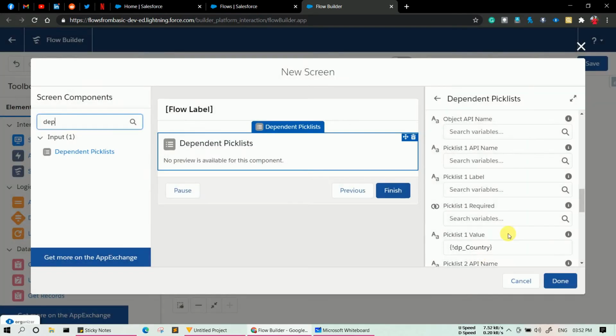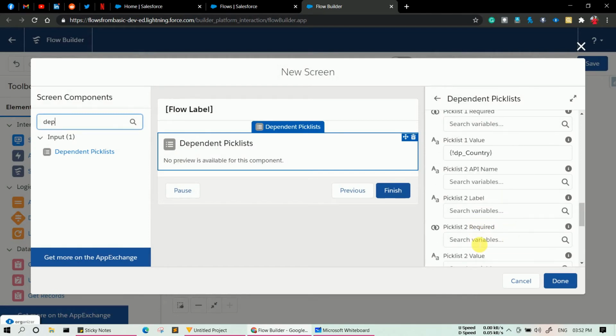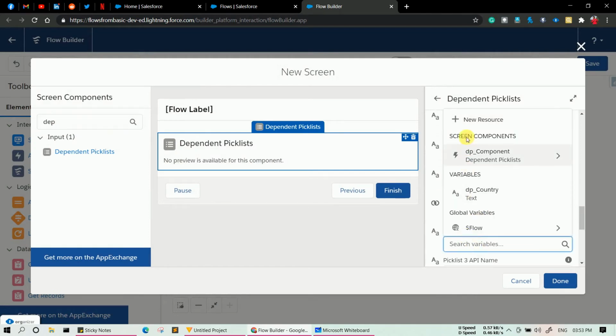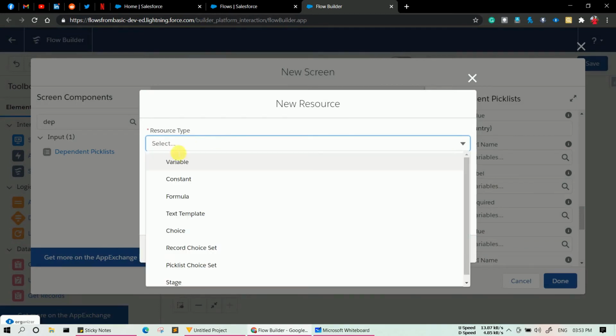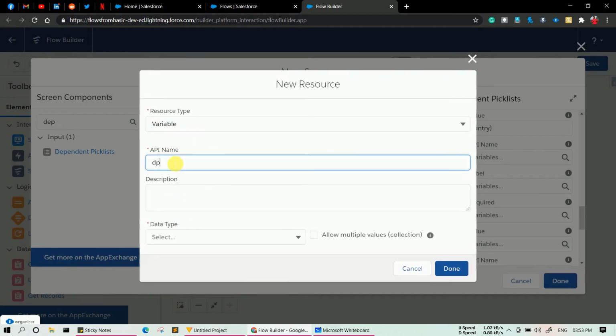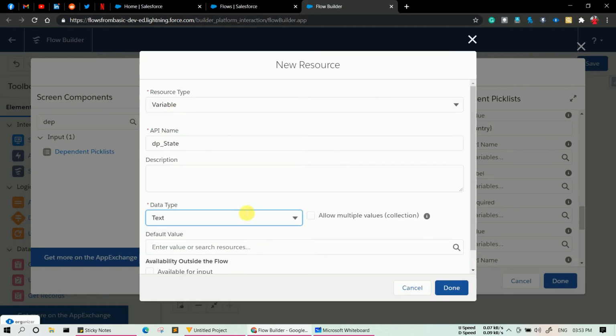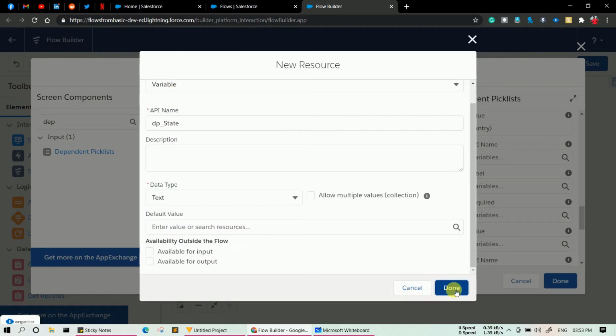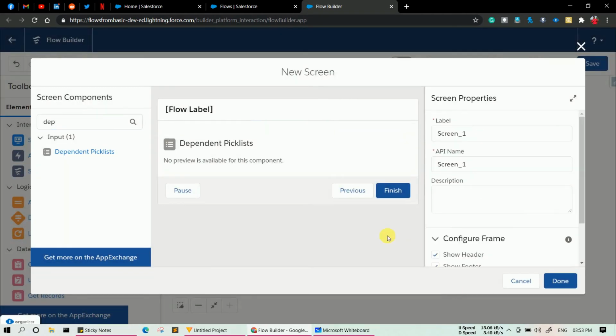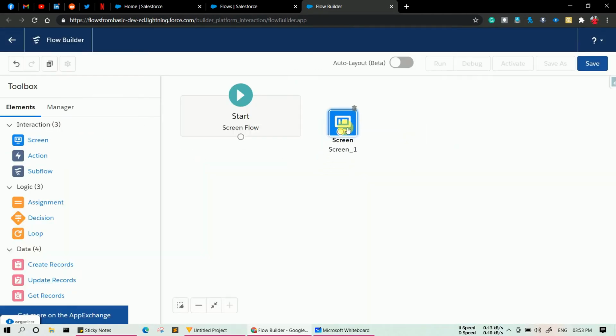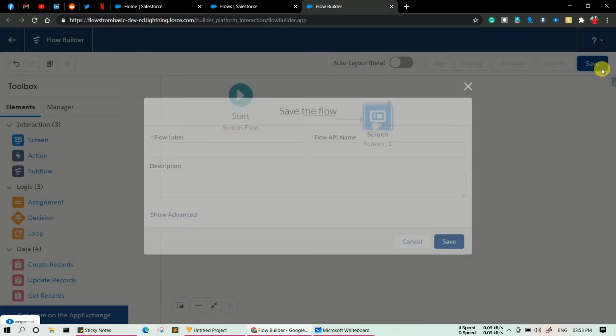And in the same manner for the pick list 2, in the value create another variable, API name will be DP state, and text is the data type, and click done.